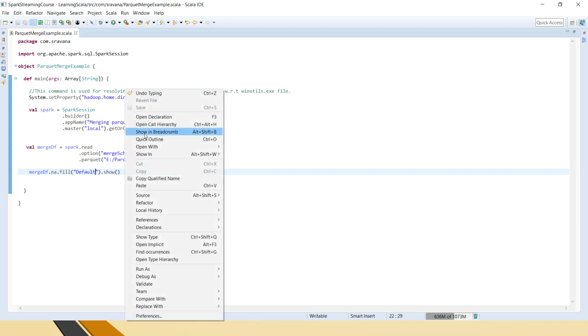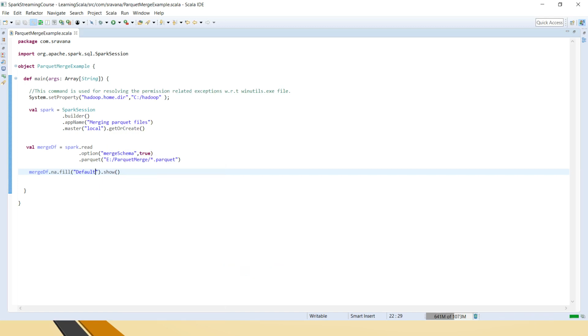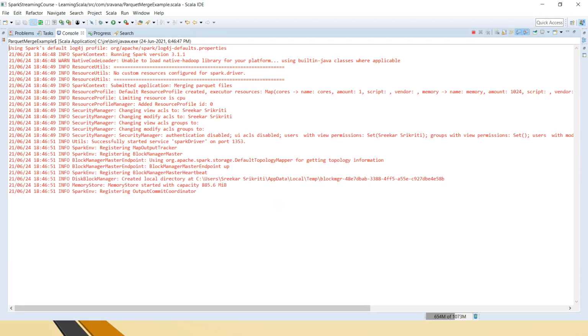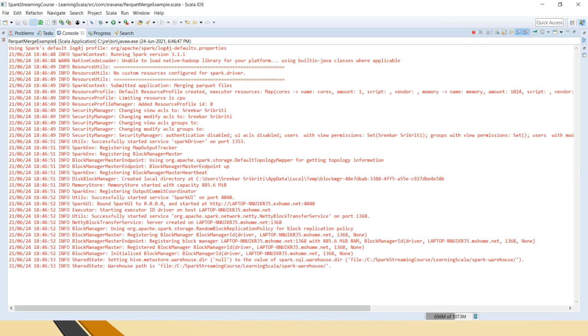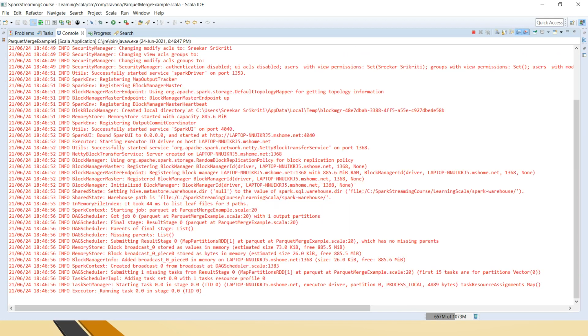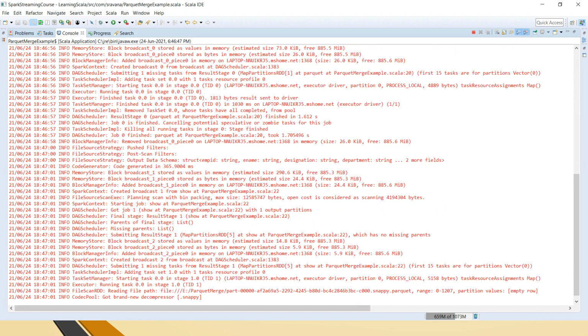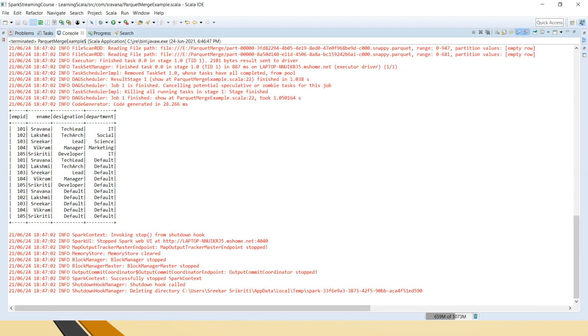Now let me run this and show you how the output looks. If you see here, wherever the default null was there, this default value is substituted. So this is how we merge the schema, and we replace the null values with some user specific string.